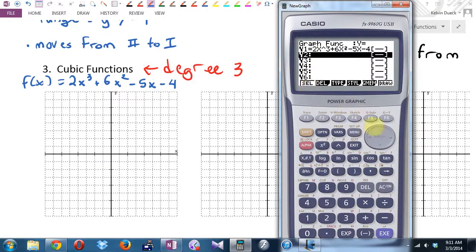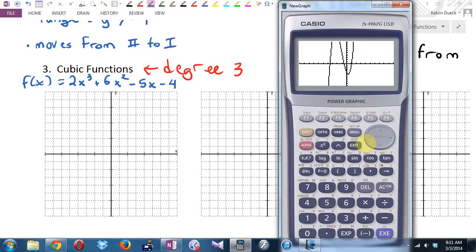This F1 means select, and so your graphing calculator is saying, you didn't give me a graph to graph. So if I go up here and hit F1, now the graph has been toggled on, now it's been toggled off, toggled on, toggled off. You do want to make sure your graph is toggled on. So if you're going, I think I've typed it in right, Mr. Dueck, but nothing's appearing, that's one obscure error that I've seen, that I've helped a few of you with already. If you hit draw,